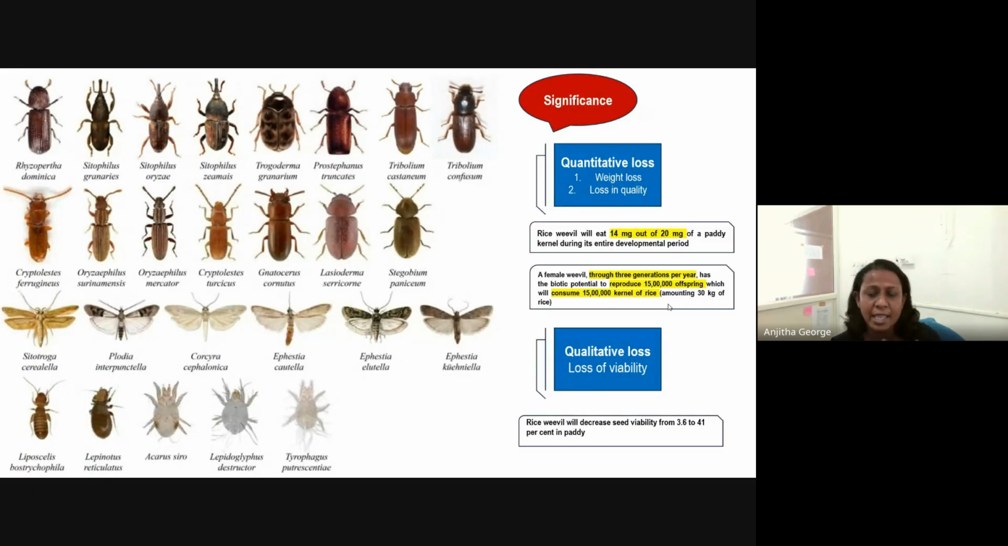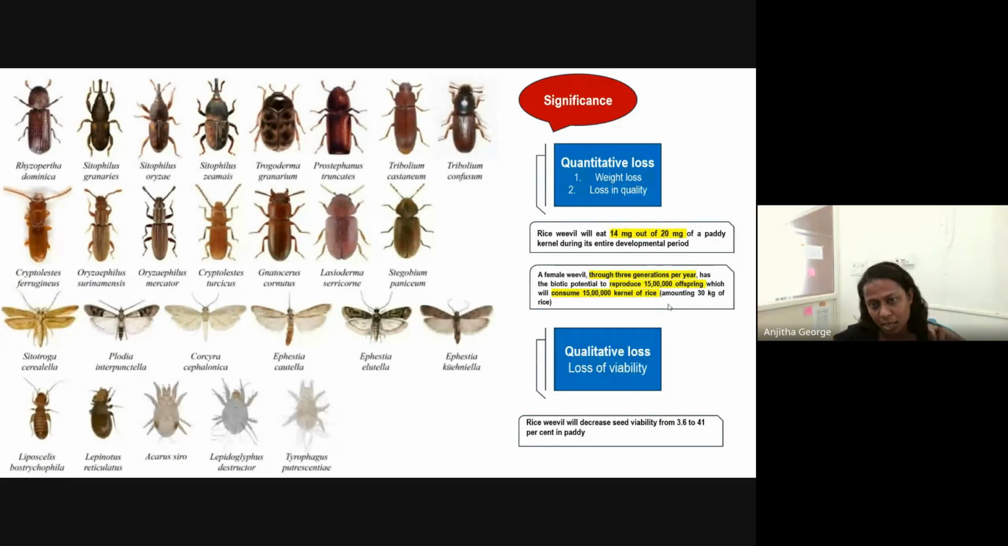And the single female of this rice weevil, in her one generation time, can produce almost 5 lakhs of offsprings, and these 5 lakhs of offsprings will consume rice amounting to almost 10 kg. So you can imagine, when you see it is just a single rice weevil, but within a short period of 1 month or 2 months, the progeny will be multiplying at an alarmingly fast rate,